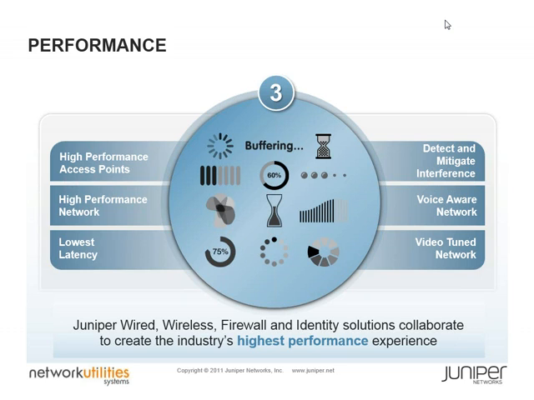In fact, it turned out that the further away you went from the access point, the bigger the Juniper performance improvement was compared to the other access points tested from Cisco and Aruba Networks.